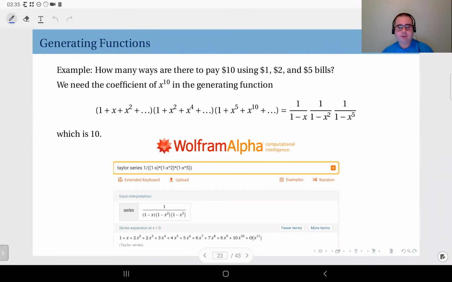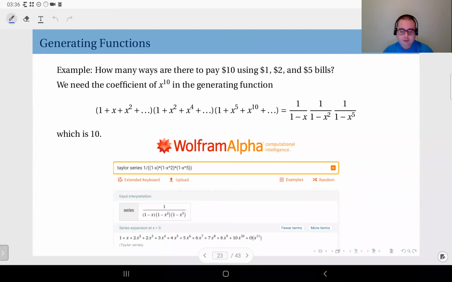Now let's revisit the coin problem in a different way. The question is, how many ways are there to pay $10 using one, two, or $5 bills? And of course, I'm not going to give all the details again. It's quite the same problem, except we just have ones, twos, and fives, and we want to construct 10, not